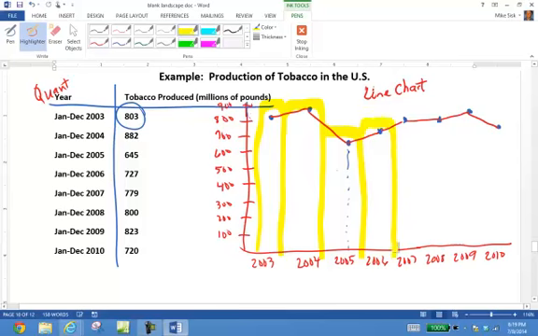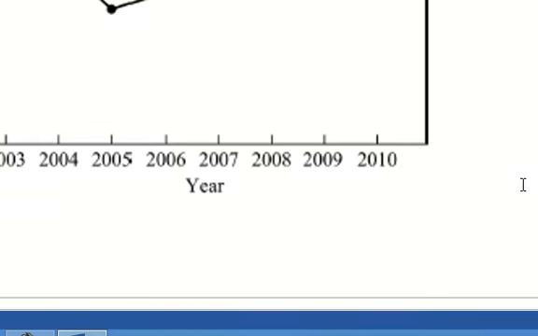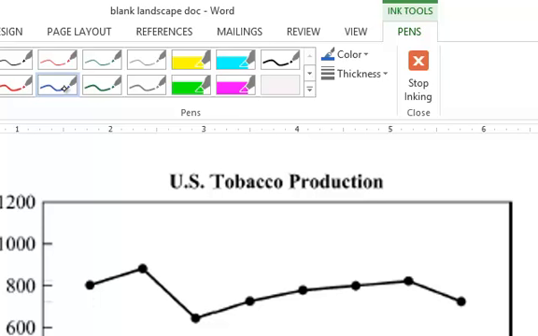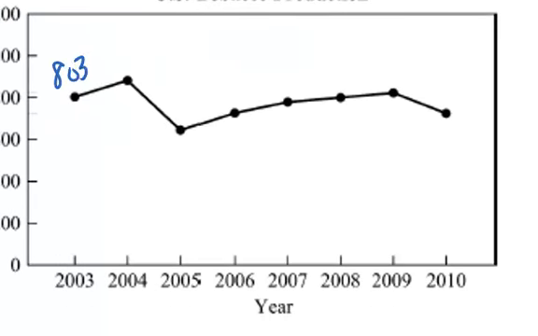Notice they're connected together. That's what's going to actually make our histogram later on. To give you a neater arrangement of this data, I'll go to a nicer chart that you can see right here. In this first situation, just to write some of these values once again for you, if I can locate these. The first one for 2003 was 803. The second value for 2004 was 882. Notice they did a different scale right here, which is perfectly fine, all the way to 2010 where we have